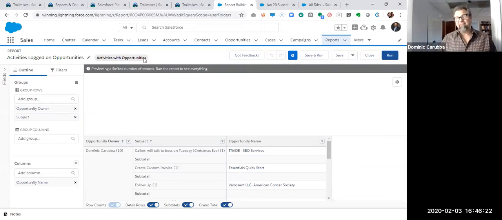Report type is the type of data that you're reporting on. The way you present that data to yourself is the format. What do I mean by format? Well,